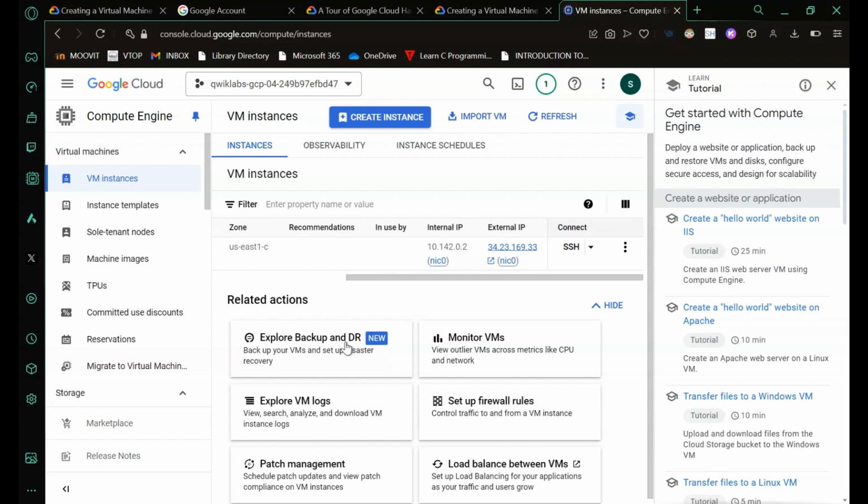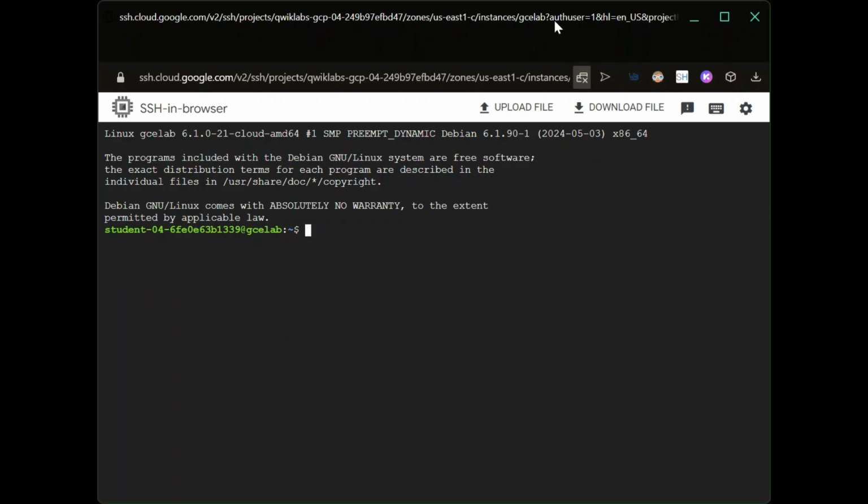You'll have to click on authorize. Now once you have authorized, you must be seeing this window on your screens.